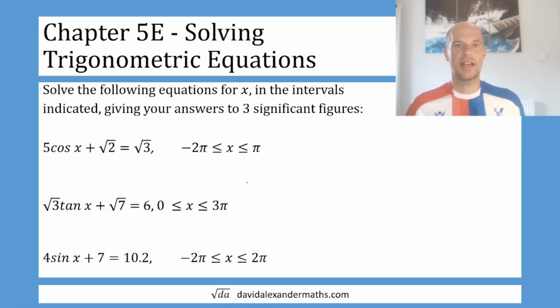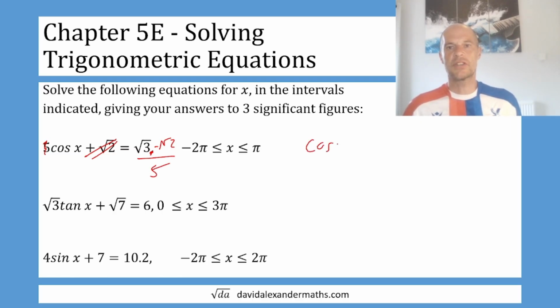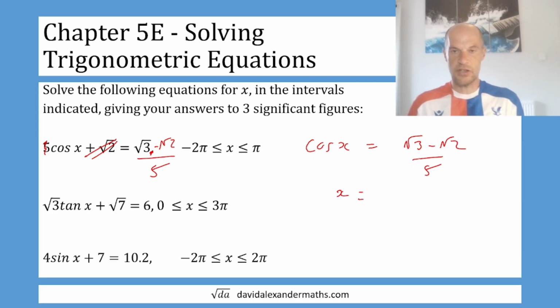Okay, so again, 3 significant figures. The only thing that is a bit of a problem here is the range was not a nice and easy 0 to 2 pi. So first of all, I'm going to subtract root 2 from both sides. I'm now going to divide by 5. So what we can say is that the cos of x is root 3 take away root 2 over 5. So therefore x is the inverse cos of that stuff. So root 3 take away root 2 divided by 5, shift cos, answer equals 1.59. Sorry, I can't read, that's not 5.9, it is 5.07, so